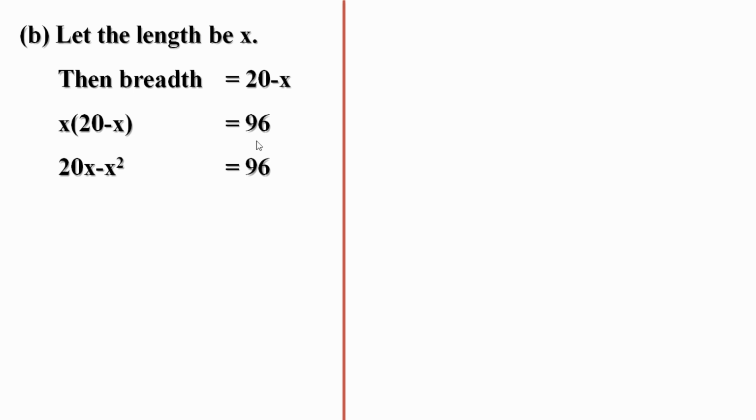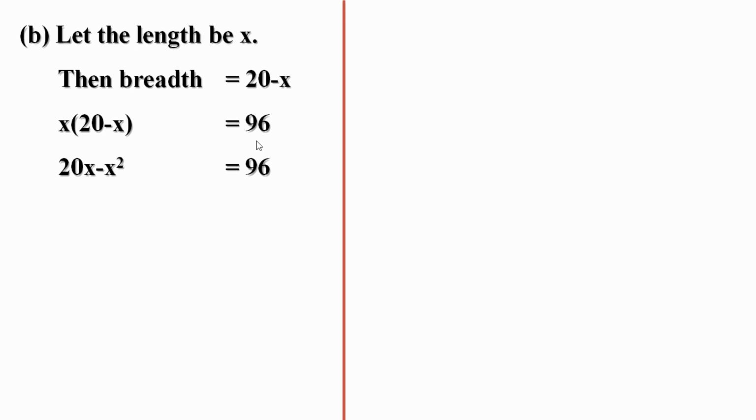When perimeter is 40, we know length plus breadth equal to 20. Let the length be x. Since length plus breadth equal to 20, breadth equal to 20 minus x. Now given that area is 96, area means length into breadth. So x into (20 minus x) equal to 96. Now let us multiply. x into 20 is 20x. x into minus x equal to minus x square. So we can write 20x minus x square equal to